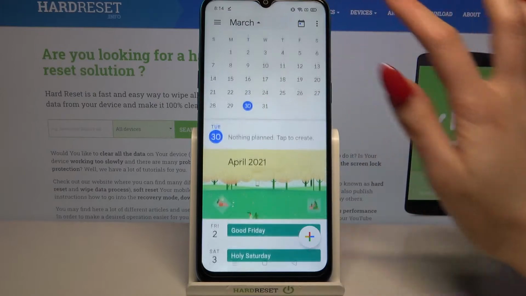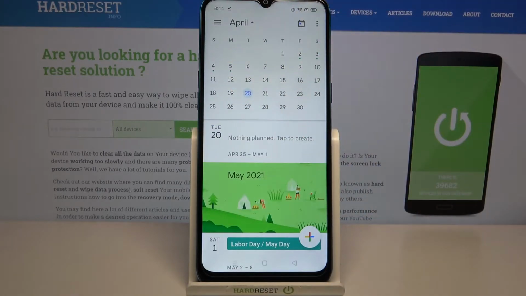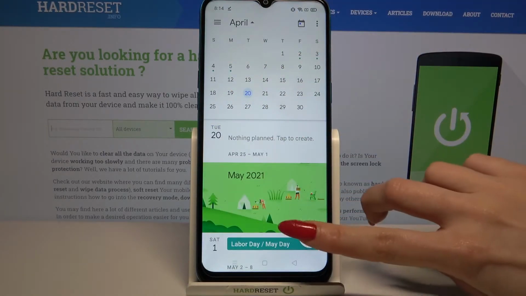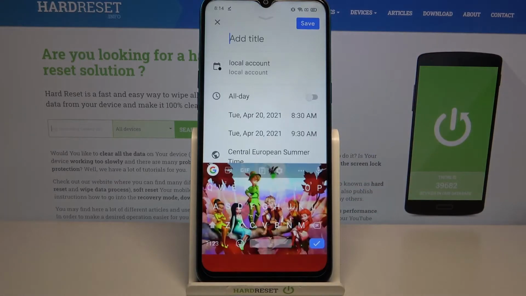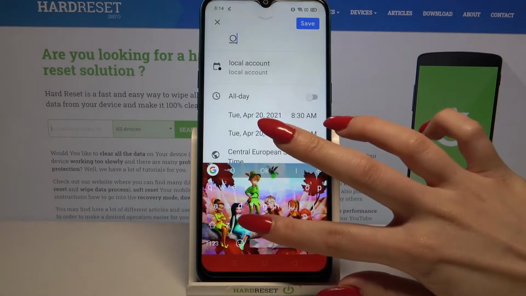Firstly, find calendar and click on it. Now tap on the month above and select the date. When you're done, click at the bottom right corner on this plus icon, tap on event, and now you can add a title,